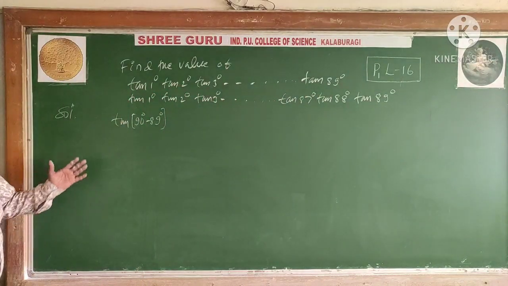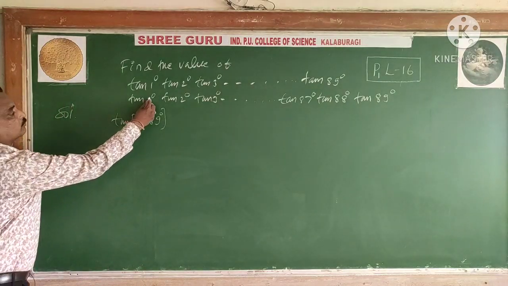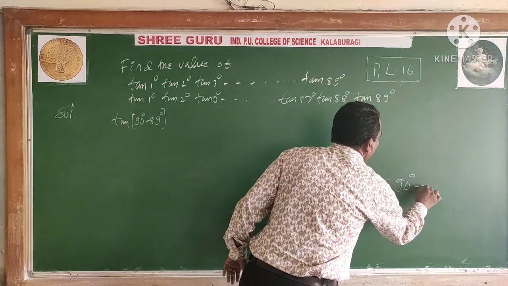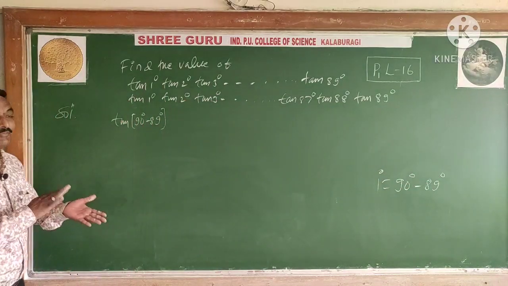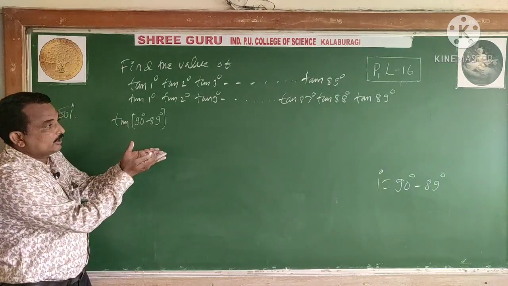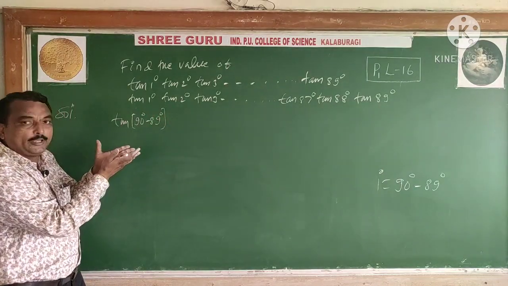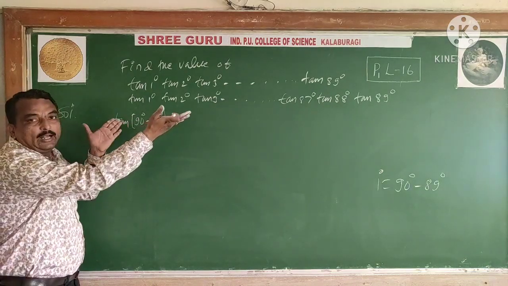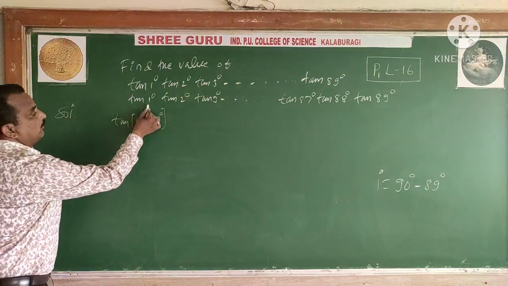Products, in terms of products of all these terms here, 89 terms. Here I have converted this 1 degree as 90 minus 89. Is it possible? Yes, 1 degree is equal to 90 minus 89, converting in terms of cot. So converting all the terms in the product, half of the terms are converted in terms of cot and half of the terms remain as they are in terms of tan. Then making pairs of two terms using the reciprocal relations, tan and cot, and arranging the terms like that, you may get the result here. So this tan 1 you have converted like that.